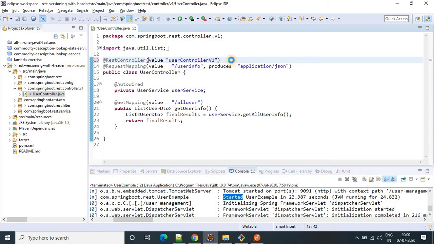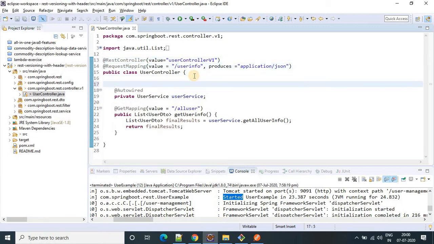Okay, this is done. Now this is my request mapping. Now I have to create one constant variable here.